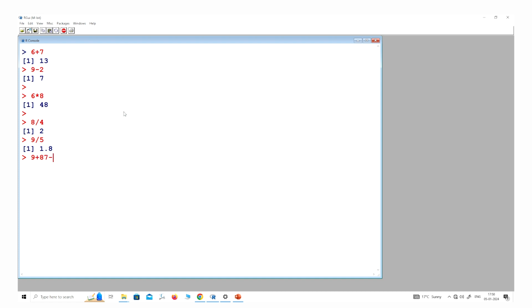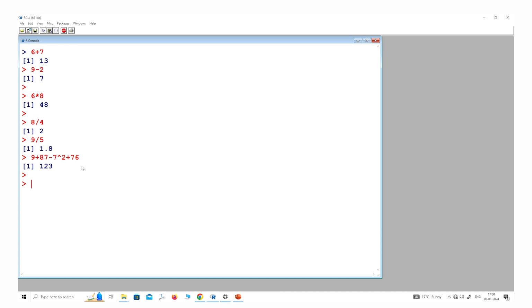And whatever the BODMAS rule is, that will also work here. For example, you can see here 7, and then hat 2, and then minus, plus 76, and so on. So this is the answer. In order to write this program, it is important that you understand the BODMAS rule.